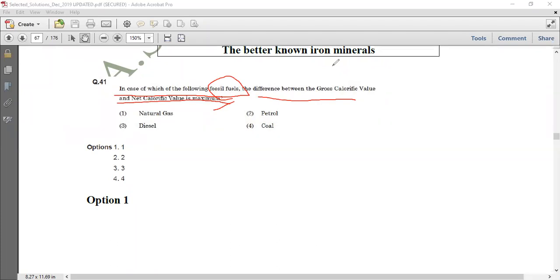So a gross calorific value and net calorific value. In net calorific value, we don't count the latent heat, right? So I have already told you that in net calorific value, we subtract the latent heat. And in case of gross calorific value, we do count it. Or you sometimes say it high heating value or low heating value, right? So we will see that. First, let's understand what is the difference between these two terms.